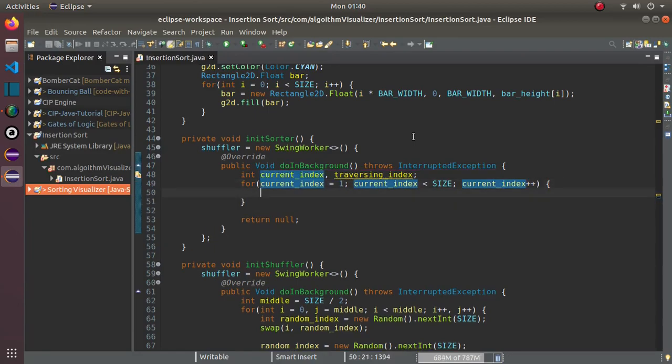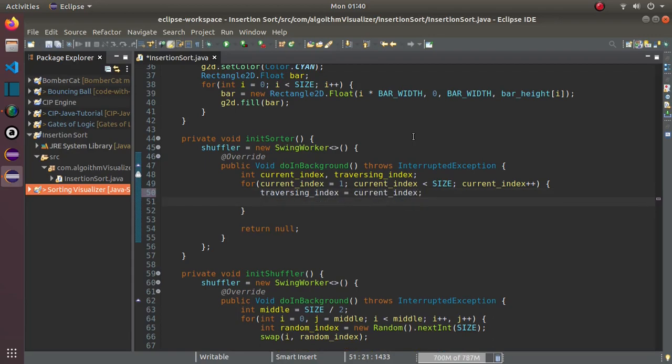There we go. Then the next thing is we want to initialize our traversing index. Traversing index will get the value of the current index. Then let's do the while loop: while traversing index is greater than 0. So once we have reached the 0, we will stop the looping. And of course, while the value on that index, so traversing index,